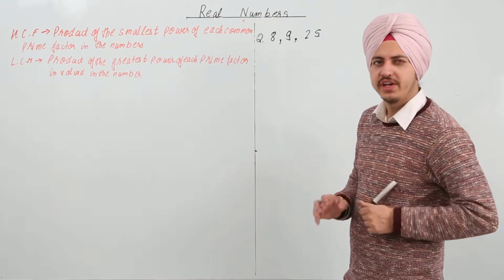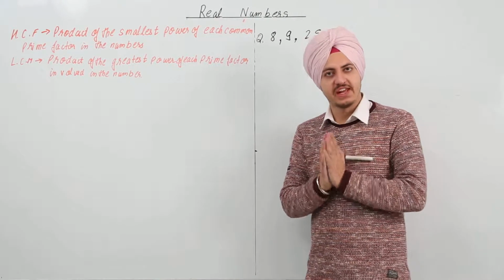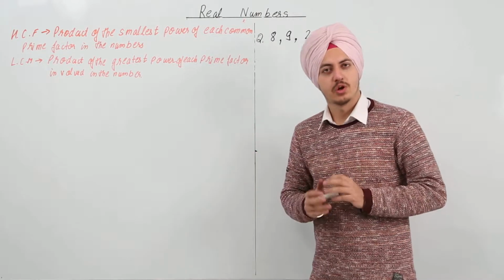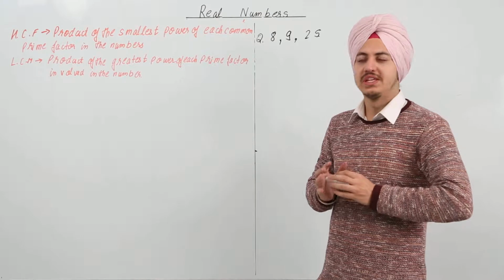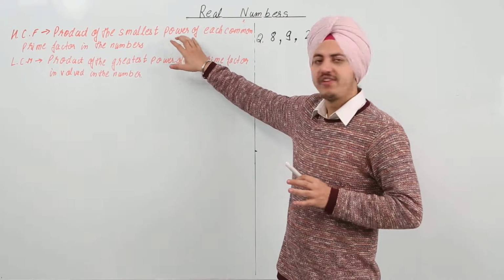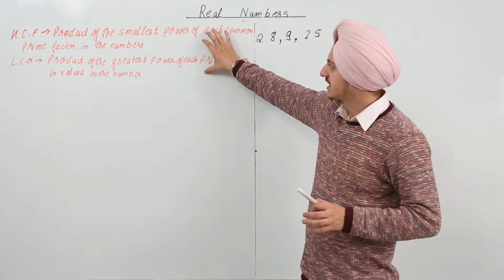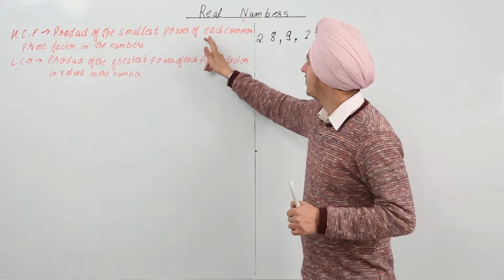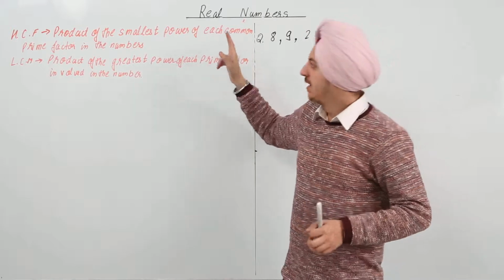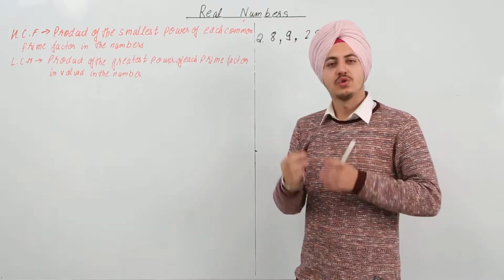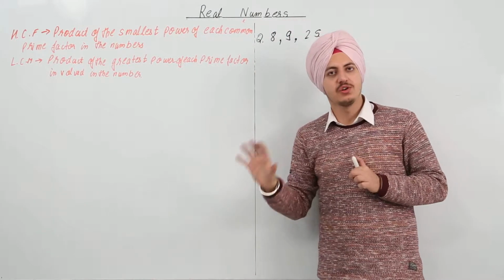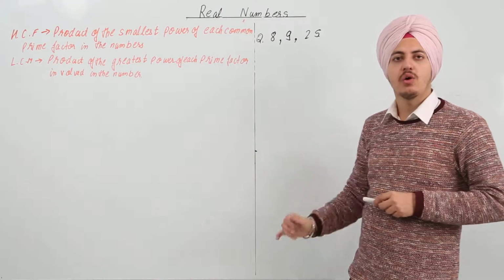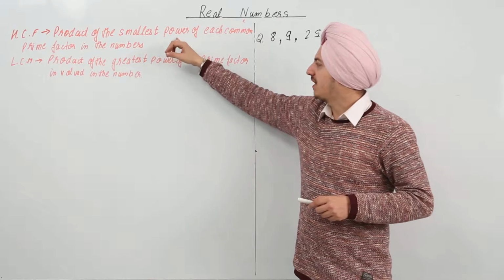Now, I've already explained how to find the HCF and the LCM by using the fundamental theorem of arithmetic. But if we have to put it in words, this is how it is written. HCF is the product of the smallest powers of each common prime factor. We just take the common part, we just take the smallest power of